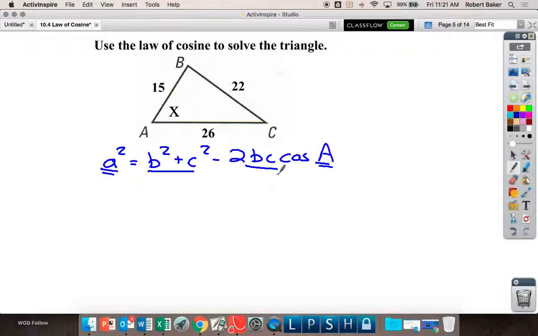Okay, so let's just make sure we keep all of our ducks in a row. This is little a, this is little b, and this is little c. A very common mistake is getting your little letters mixed up. So let's write it out. Little a is 22 squared equals